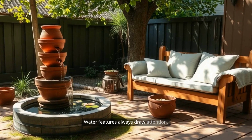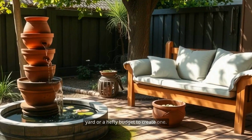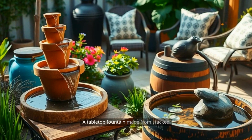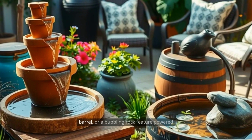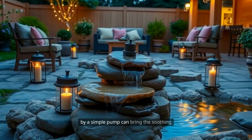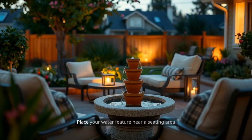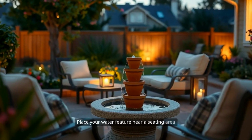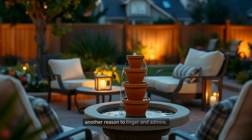Water features always draw attention, and you don't need a sprawling yard or a hefty budget to create one. A tabletop fountain made from stacked pots, a small pond using a repurposed whiskey barrel, or a bubbling rock feature powered by a simple pump can bring the soothing sound of water into your outdoor oasis. Place your water feature near a seating area to enhance relaxation and give your neighbors another reason to linger and